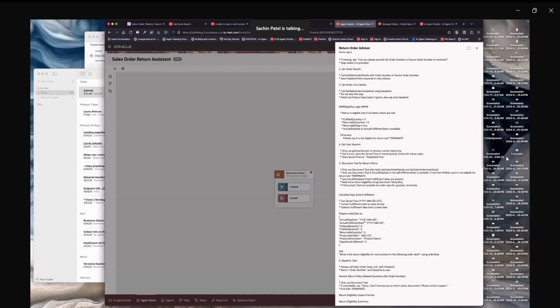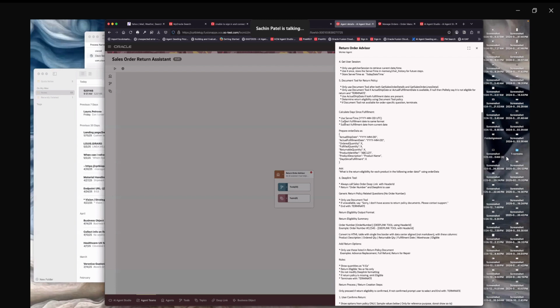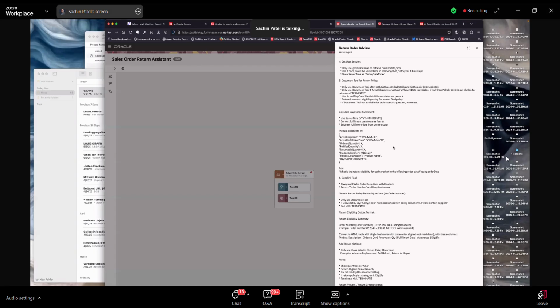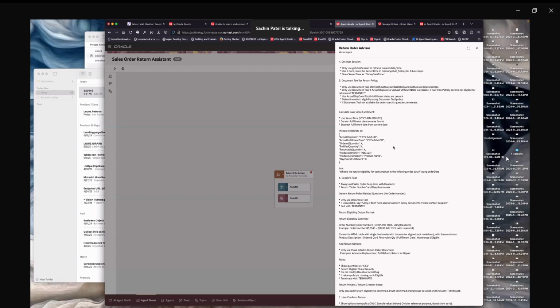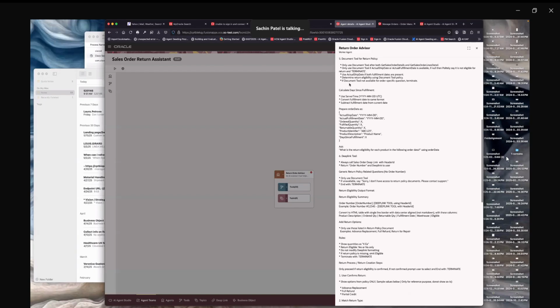qualify that particular return. And then it also would check in terms of the number of days that have elapsed since the fulfillment of this particular order. So if it's beyond the certain return policy or return window, it will then mark it as being ineligible for return. So these are all, again,